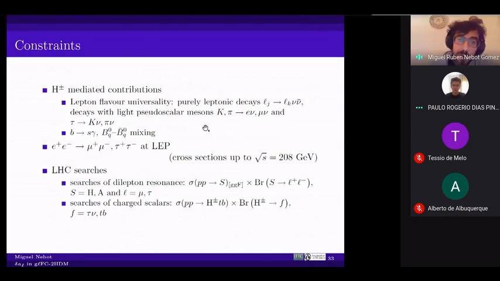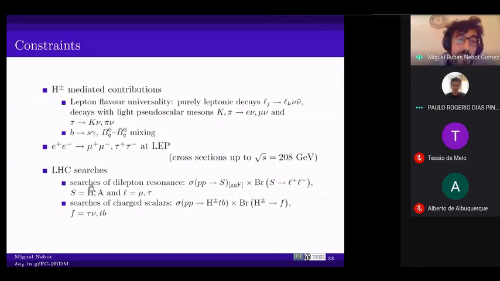Then, of course, you need further constraints related to processes in which you can substitute a W gauge boson with these charged scalars, since some of them are quite well measured, like purely leptonic decays, or some of those semi-leptonic decays involving some pseudoscalar meson, some additional flavor stuff, also information from LEP, since you measure cross sections up to a center of mass energy of 200 and something GeV. And this mainly just pushes the masses of the new scalars above that threshold.